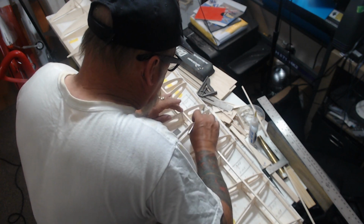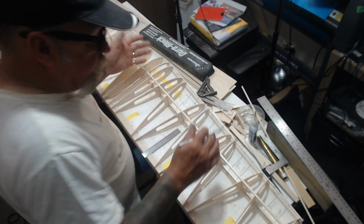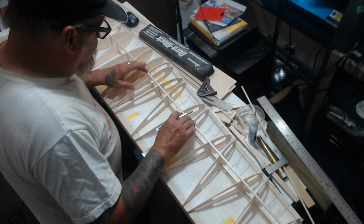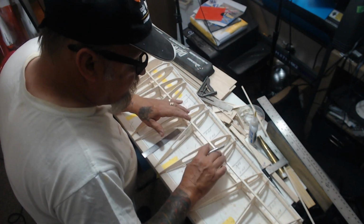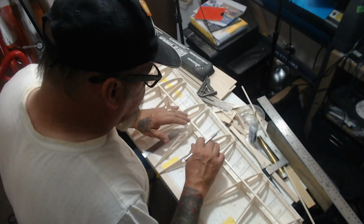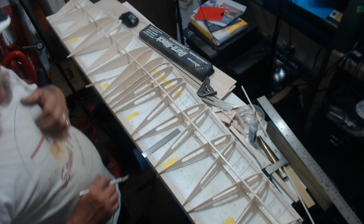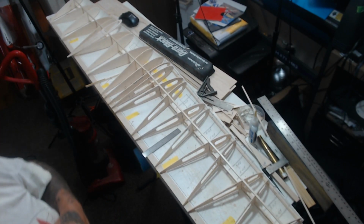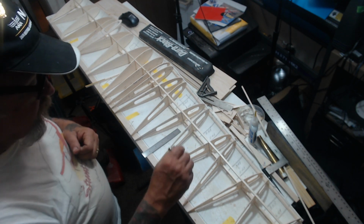There we go. Now in a perfect world I wouldn't have to do that, but it'll be fine. And that's it. I don't know about Master Builder, but